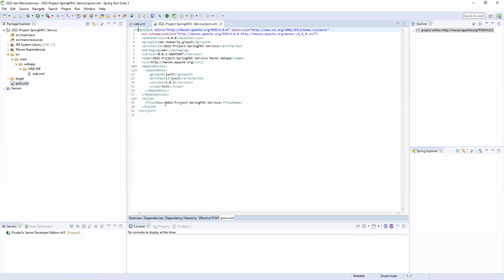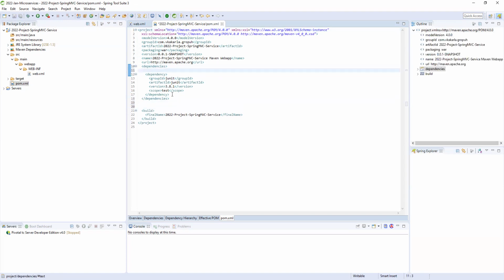Here is pom.xml, the project object model. It holds whatever components we need, the dependencies and jar files. If you run your application as Spring MVC, you need to add Spring MVC related dependencies, because the project will not add them. By default it adds JUnit, since it is a default Java project. Like that, you need to add the dependencies of our application.